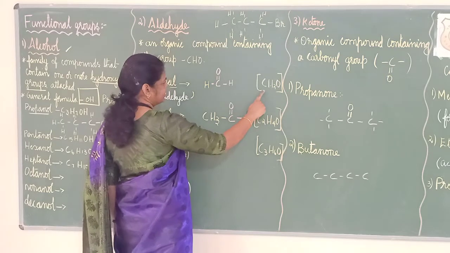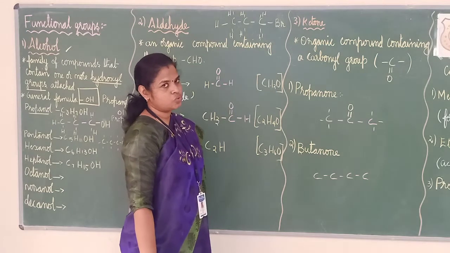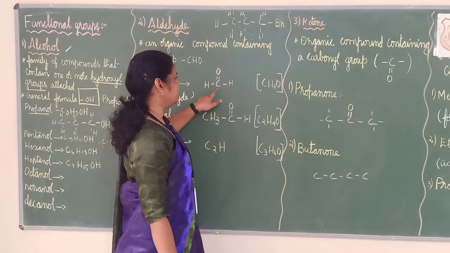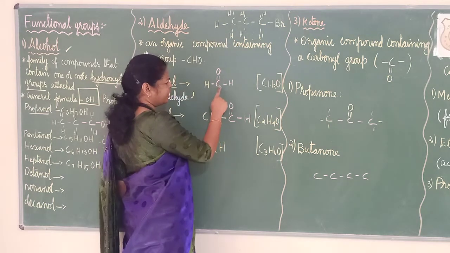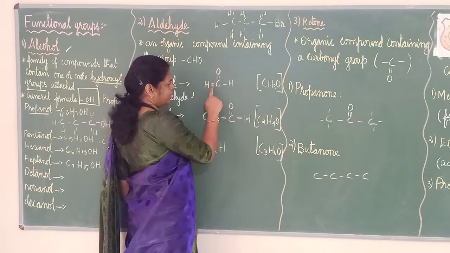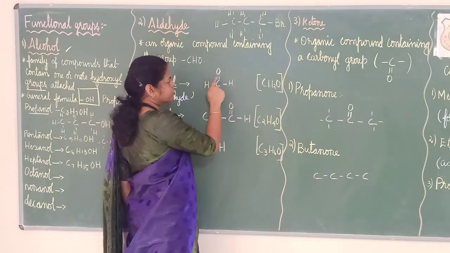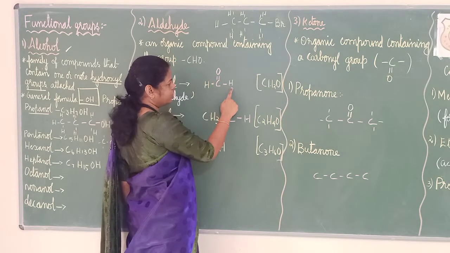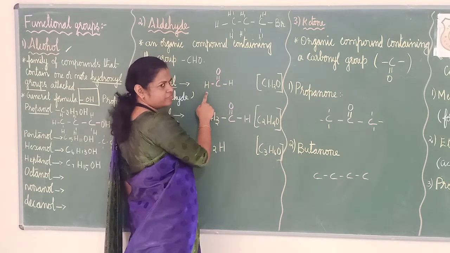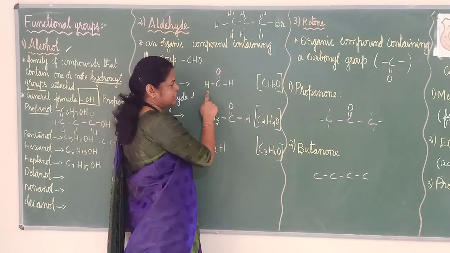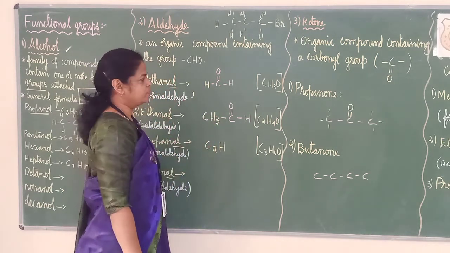Formula for methanal is CH2O. What is the formula? CH2O. Here I should write CHO at one end. Why should I put one double bond here? See, for this carbon, 1 bond, 2 bond, and 2 bonds are missing. So I have placed one double bond here. So on this side one H, O. And what is left out now? One hydrogen is left out. So I should write H here. Aldehyde is a little bit confusing. You should be very careful.